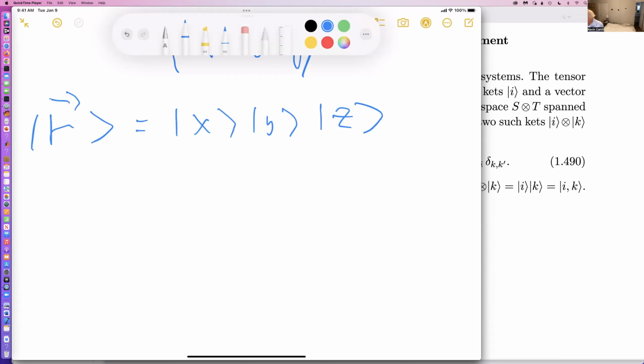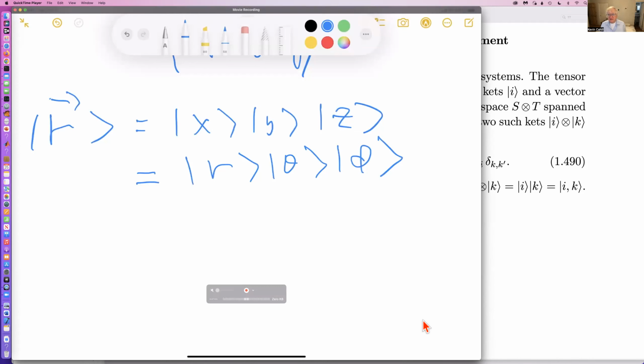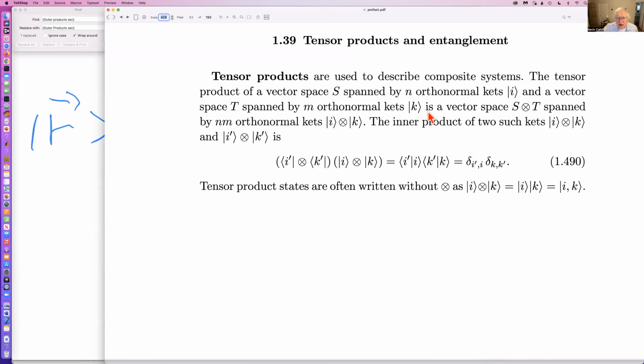So this is an example of a tensor product, or r and theta phi, although I'm not sure one can separate the theta and the phi quite like that. Anyhow, the idea is that you've got a composite system, so a particle in three-dimensional space,